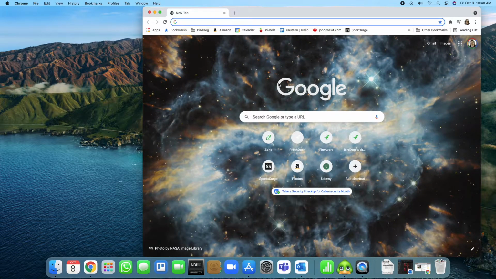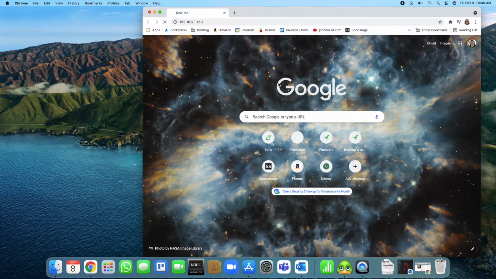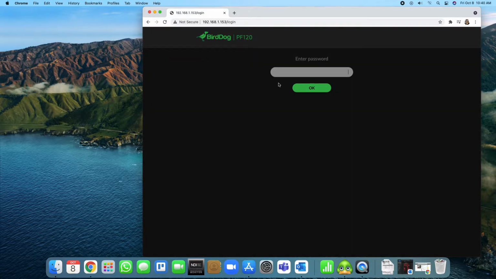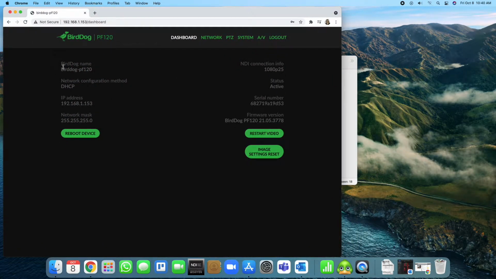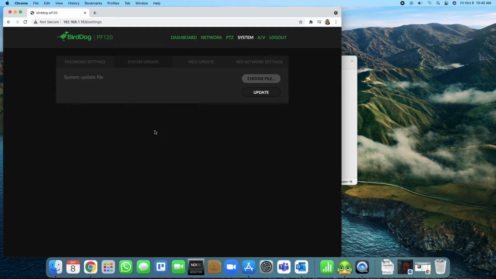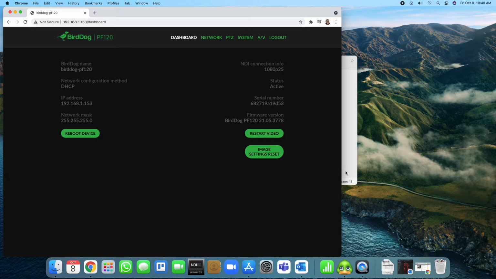So then I can go to my web browser here and type 192.168.1.153 and hit enter, and it takes me to the web UI. And then I put in my super secret password, and it takes me over here to the actual PF120. That is where I can do the updates here on the system menu, or I can change the AV, picture quality and all that sort of stuff and get to work. So if you don't know what IP address your camera has been given, this is a quick, easy way to